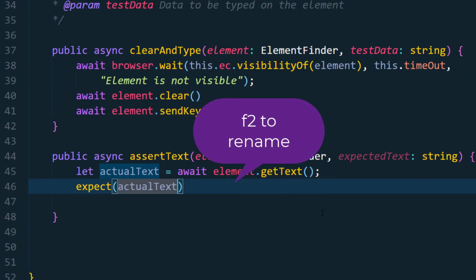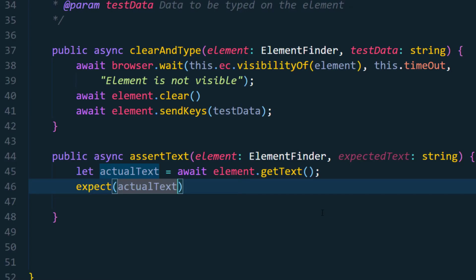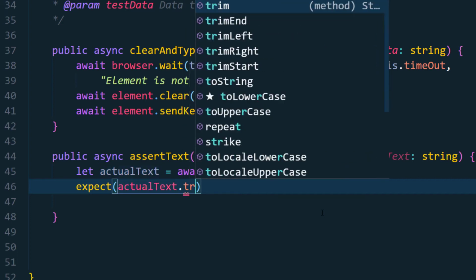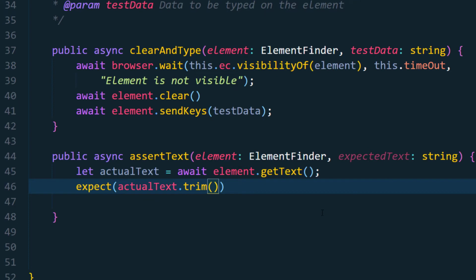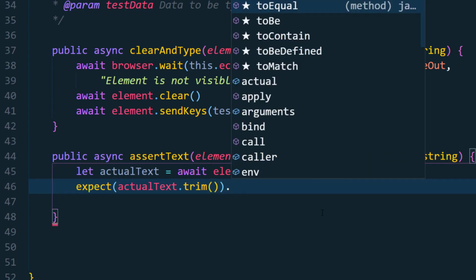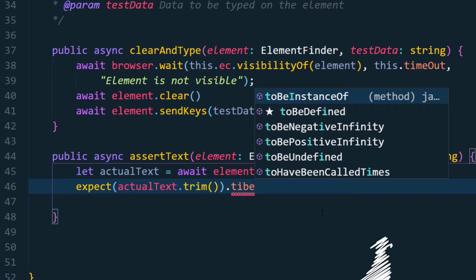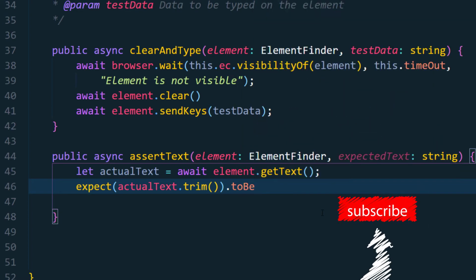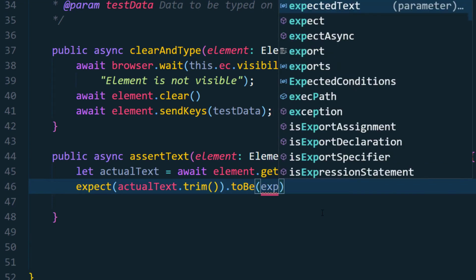Actual text. In certain cases we have to do the trim, and in certain cases we do not have to do the trim. So I will leave it up to you, but here just to show you, I'm going to do the trim action. So even if there are any extra white spaces, we don't need to pass the extra spaces in our actual text, or maybe wherever you are going to get the test data from, the JSON or the Excel, that's up to you. We don't need to pass the extra spaces there because we have done the trim already here. And if we want to check fully, then we have to go with toBe, right? And here we'll pass this toBe, and within this we'll pass our expected text.